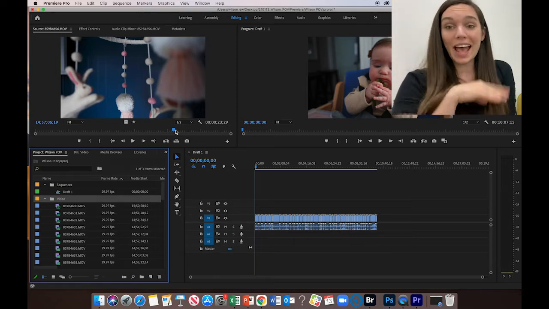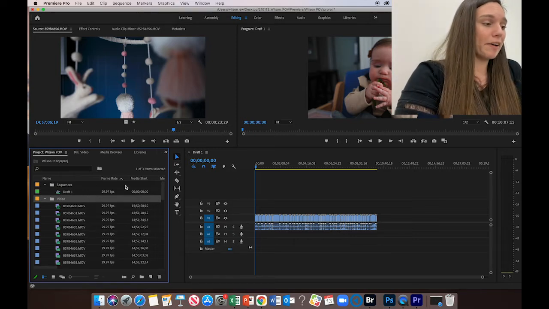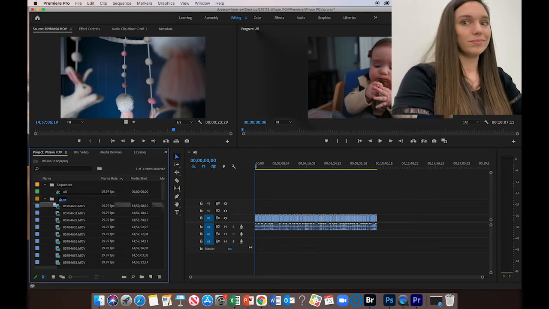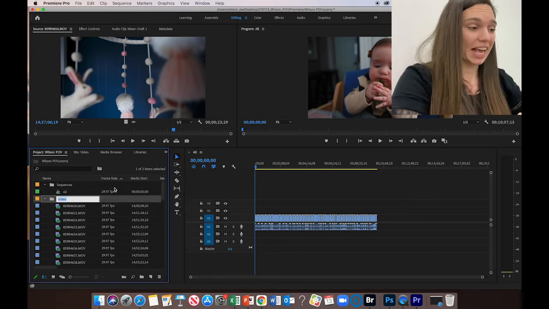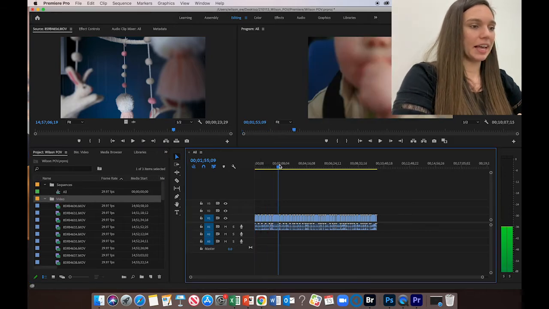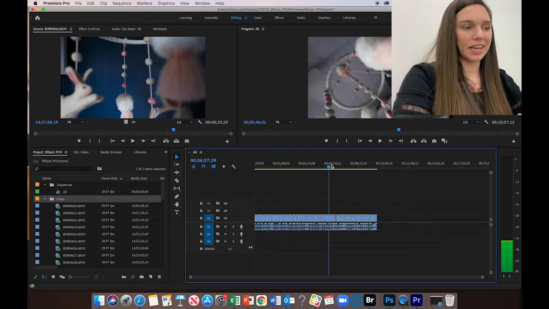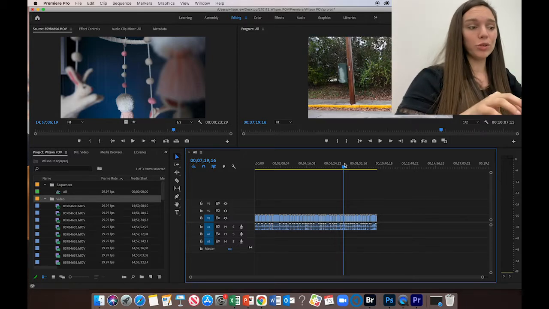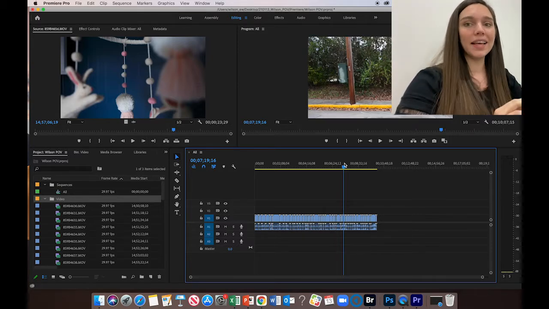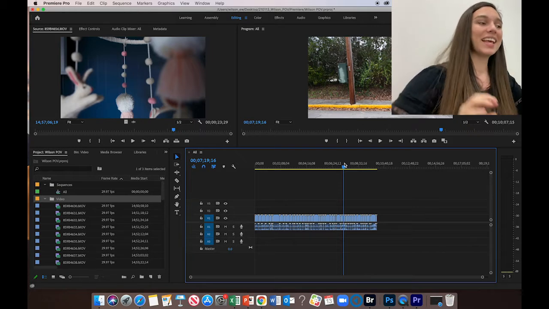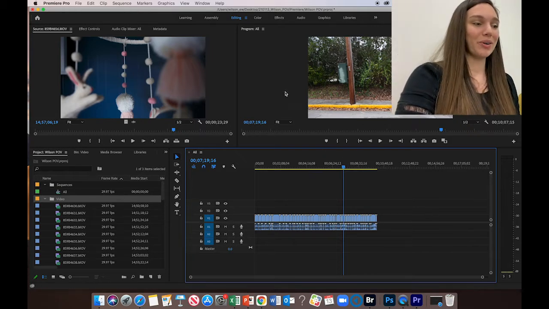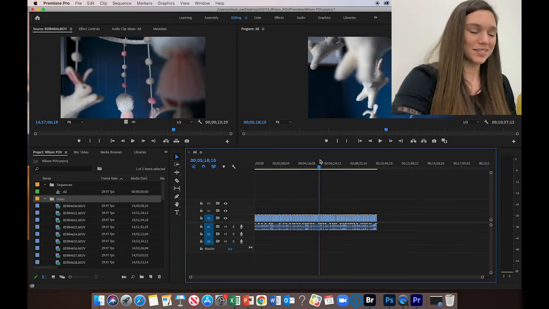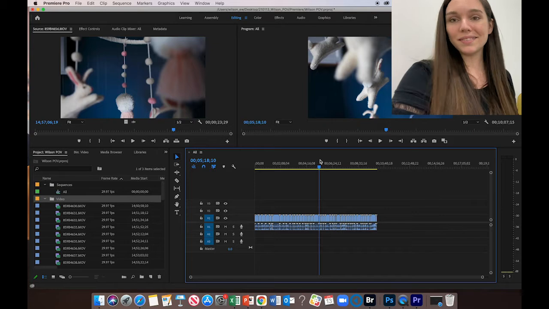So I just dragged everything onto the timeline for draft 1. Sometimes when I do this, I actually am going to call this all. So it's all the clips that I have. And I can kind of go through very quickly and see it. The editing is going to happen in the bottom right-hand quadrant, and then you see what you're editing in the top right. So up here, I'm seeing everything that I'm editing down below where my cursor is. All right, so